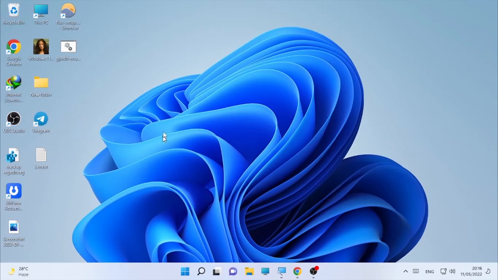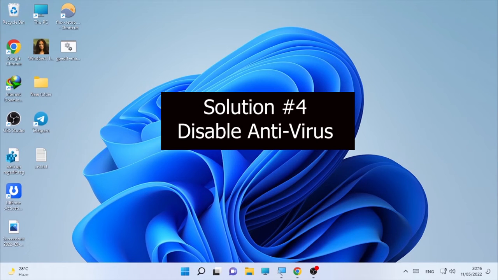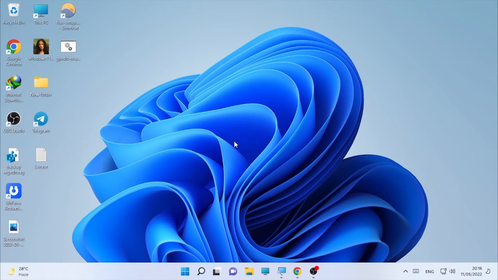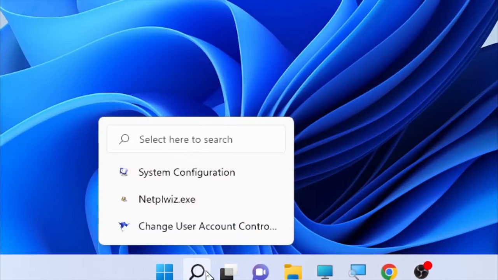Then it will ask you to restart your computer. Restart your computer and check whether run as administrator is working or not. The solution is disabling the antivirus. Sometimes some antiviruses may cause such kind of problem. So if you have third-party antivirus software, then disable it and check it, or else you can disable your Windows